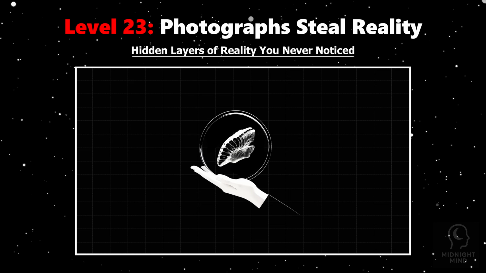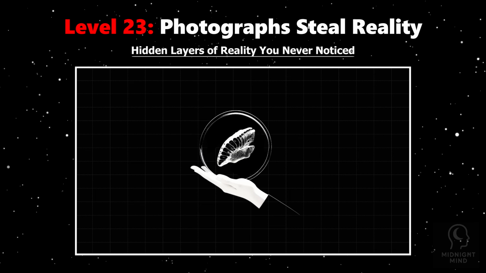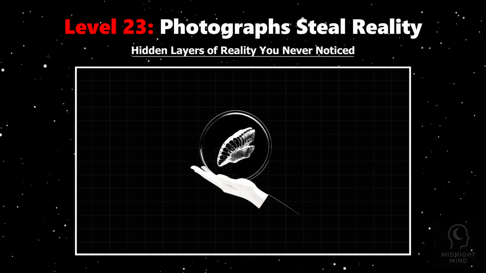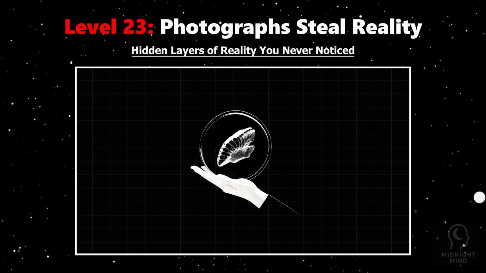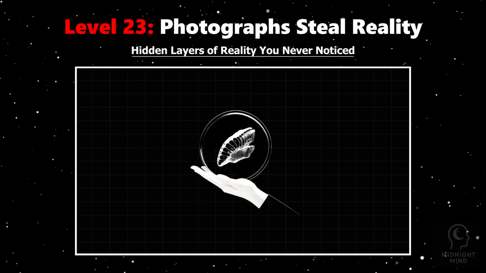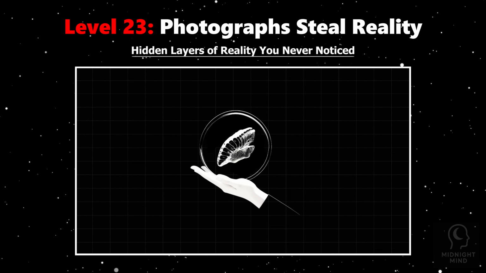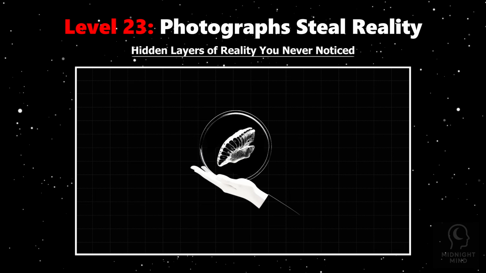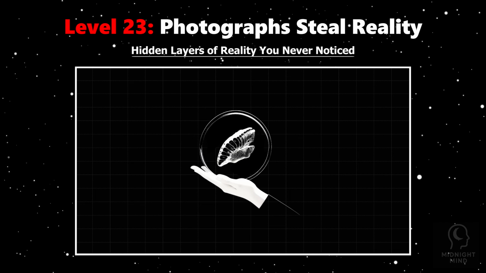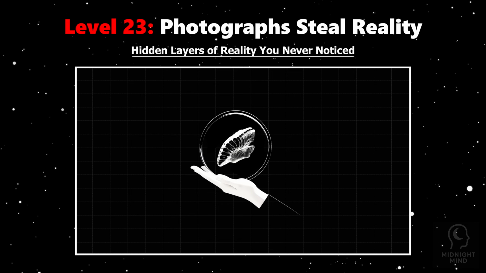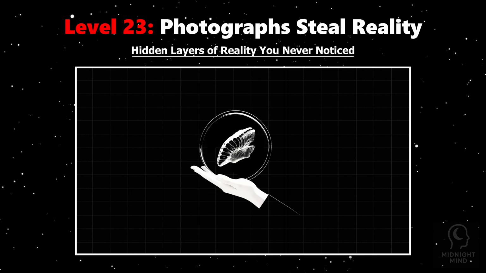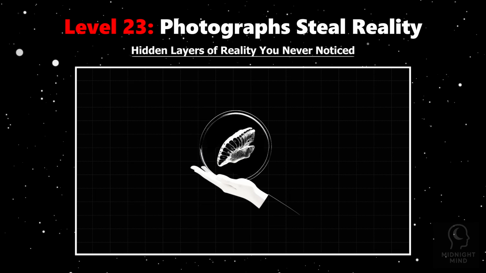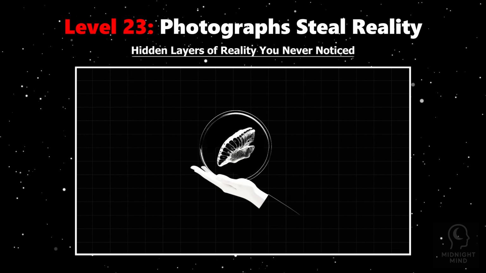Neuroscience shows that memory consolidation is an ongoing process, not a one-time event. Every retrieval of a memory is a chance for it to be modified, for emotions to be reinterpreted, for details to fade or intensify. A photograph imposes a visual anchor that can alter this process, fossilizing a version of the event that replaces the fuller, living experience in your mind. This is why eyewitness testimonies can conflict, why nostalgia feels selective, and why personal history can feel unreliable.